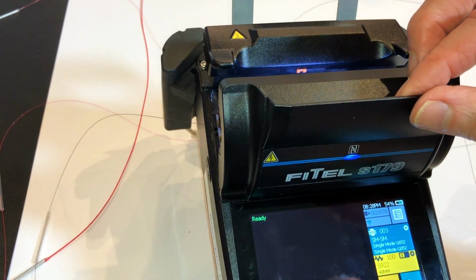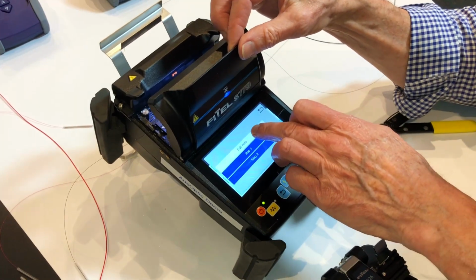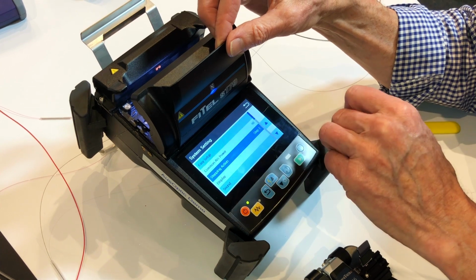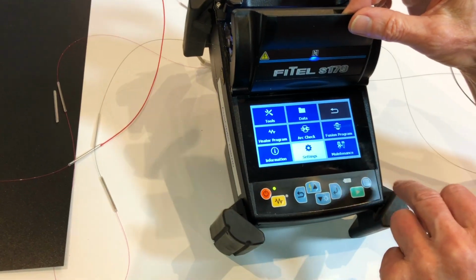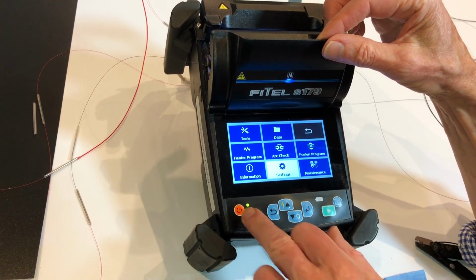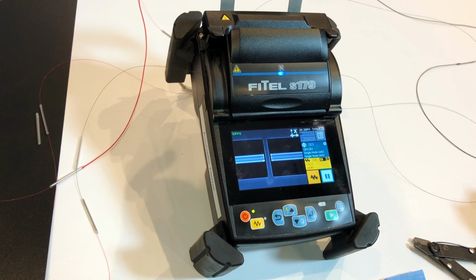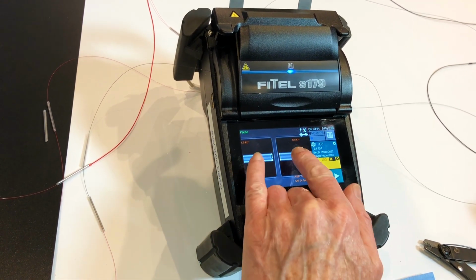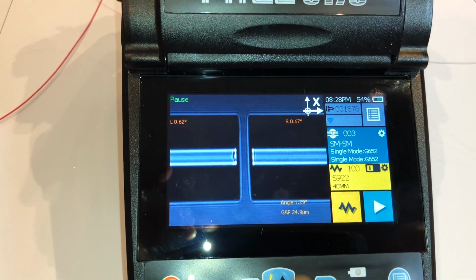Time I'll put it into a pause mode. Change it to step, overwrite. It'll bring it in and then it'll pause at each step. So now we can check the cleave angles, 0.6, 0.6. Total angle